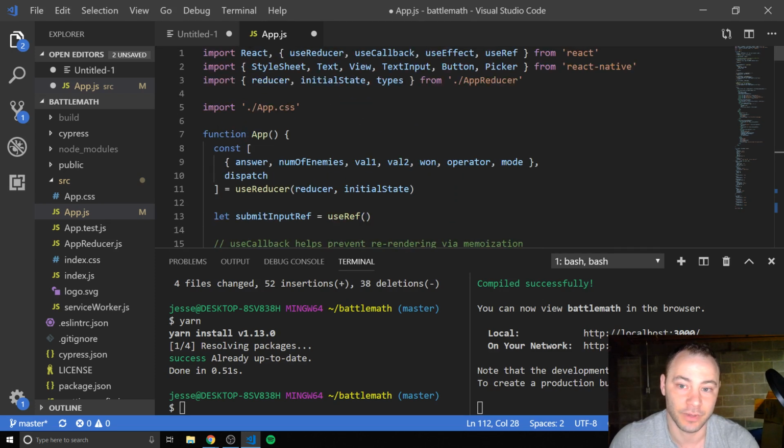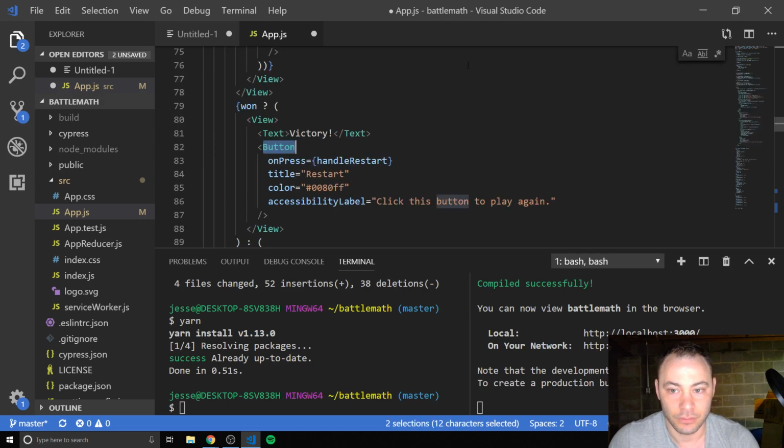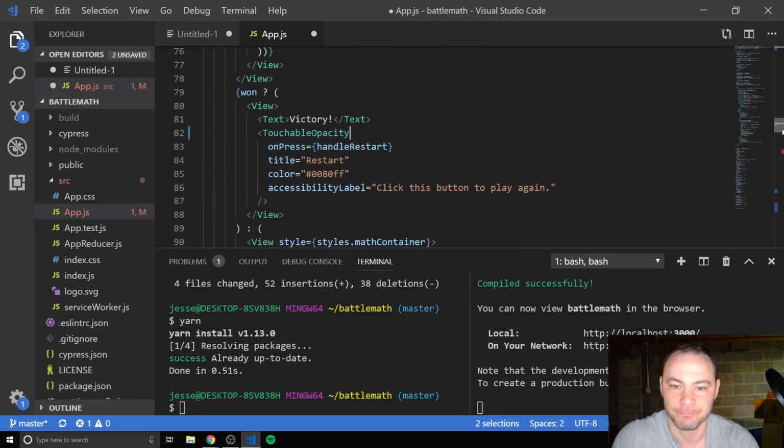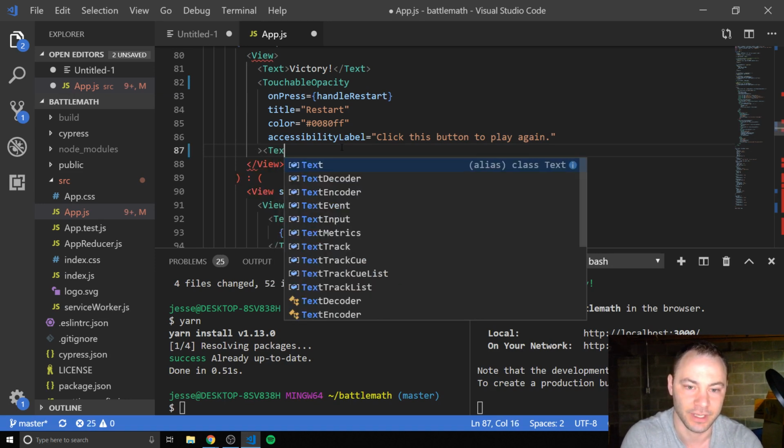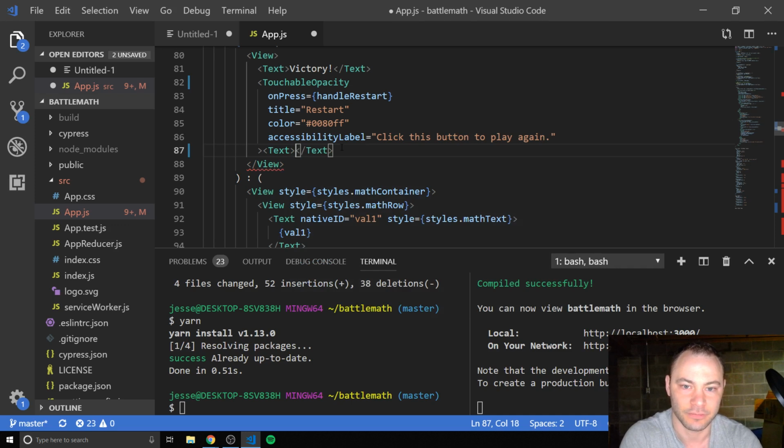We'll go to the top of the file, and where we have button, let's change it to touchable opacity. Should have changed up here too. Yep. Okay, we're going to change it to touchable opacity. Now I know I'm going to need something in here, and I will need text. And let's say,